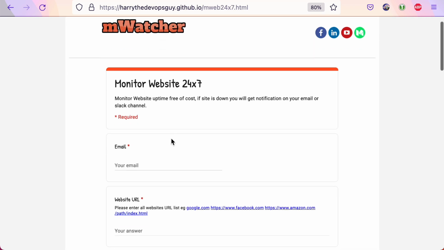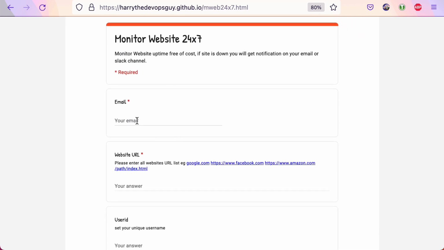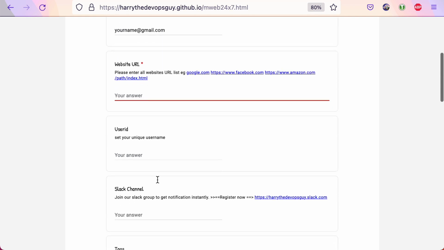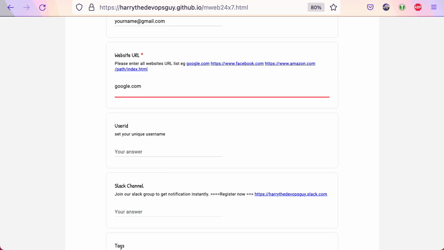Here is the form where you can sign up. Here you need to enter your email ID, your name at gmail, or the domain name, anything you can mention. And here you need to enter all the domains which you want to monitor, like google.com, or https://facebook.com/status, anything.